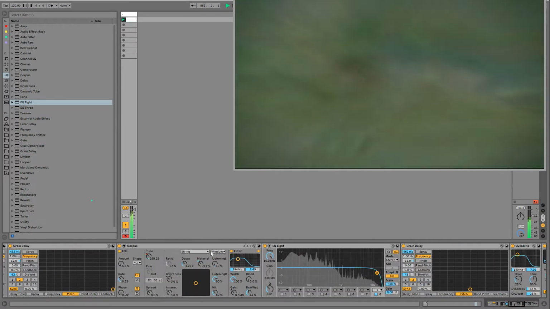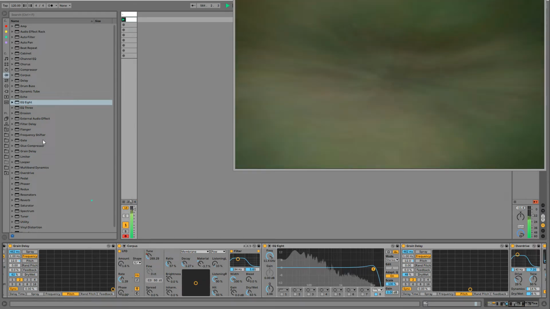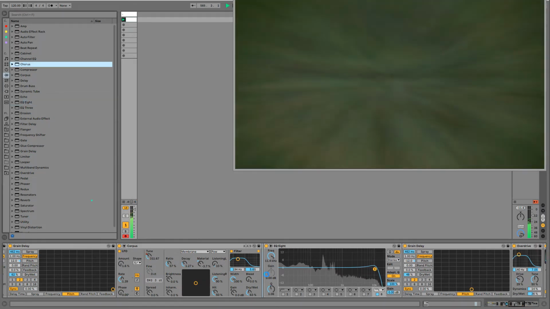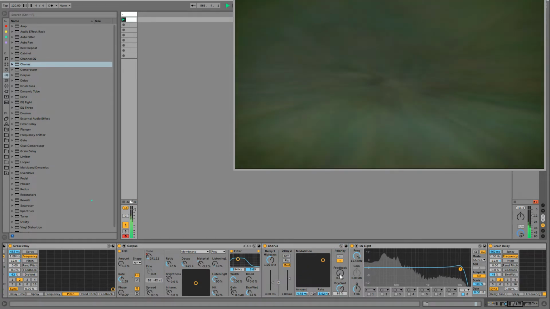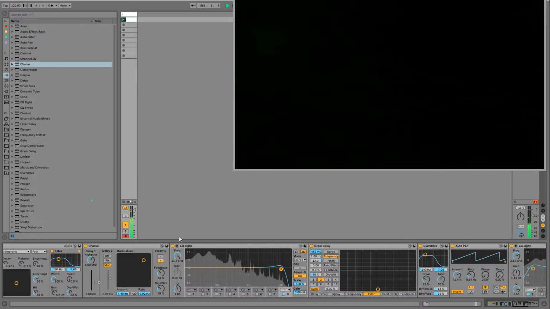Let's maybe try some of the other settings here. As you can see, I really love dragging in tons of effects.